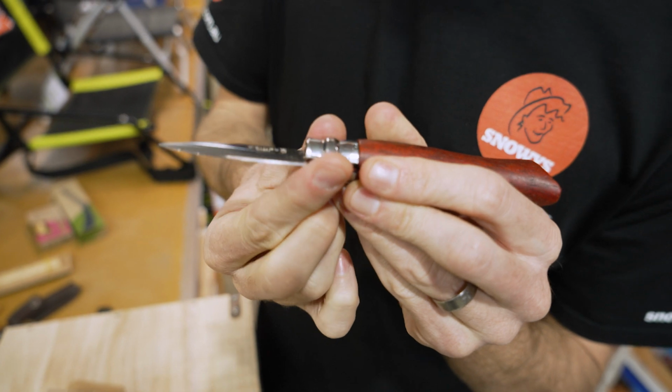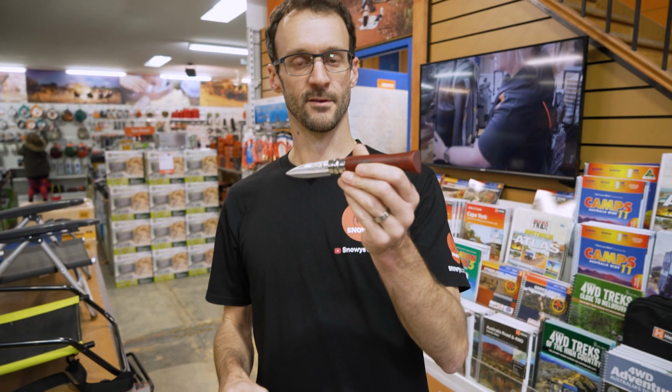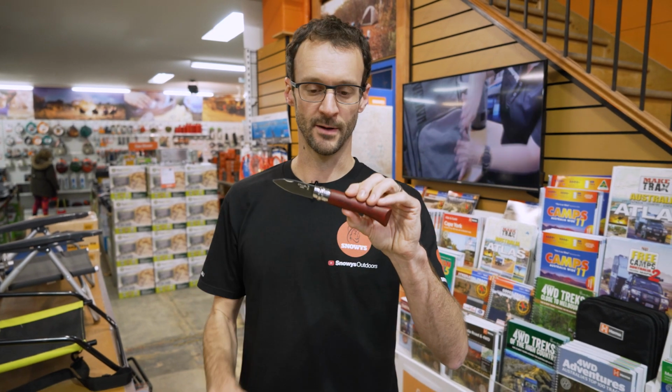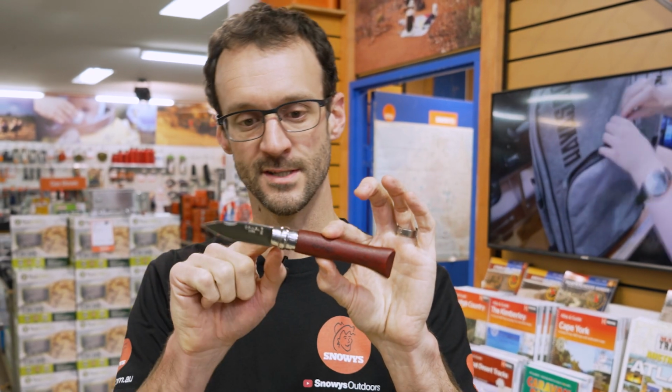So if oysters are your thing and you're into gourmet cooking or seafood, you're always camping at the beach and you're able to catch oysters or source oysters while you're camping and you like them fresh straight out of the shell, then this oyster knife from Opinel is going to be probably one of the best things you could add